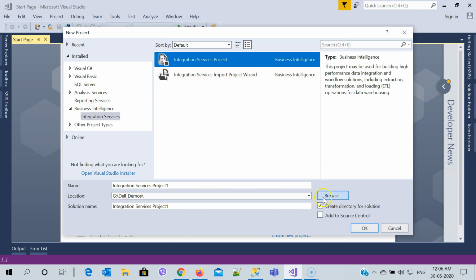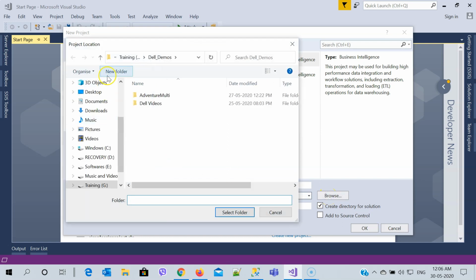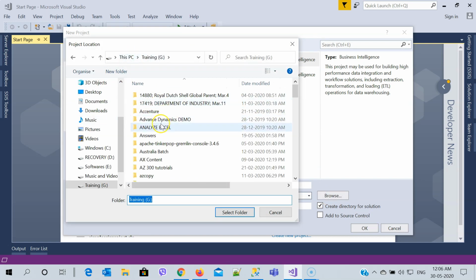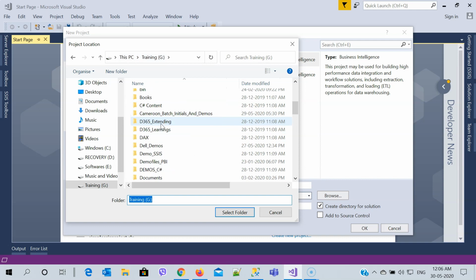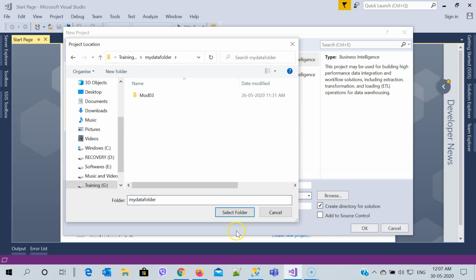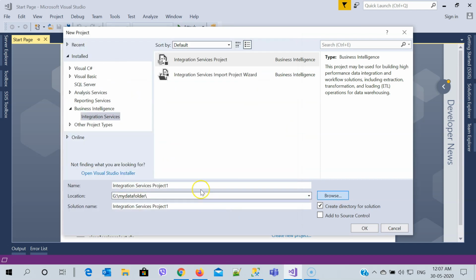I'm going to save this on, let me browse it, in the training folder. I have a folder with the name my data folder. So I'm going to select this one, and here I'm going to name this my first package, and then I'm going to say OK.